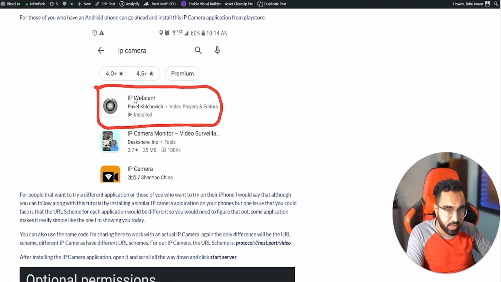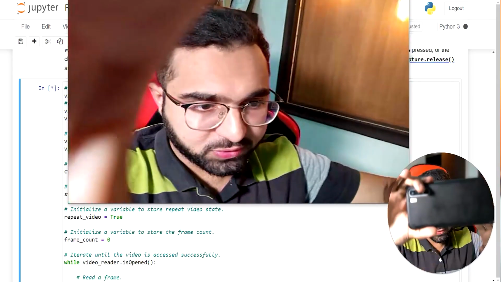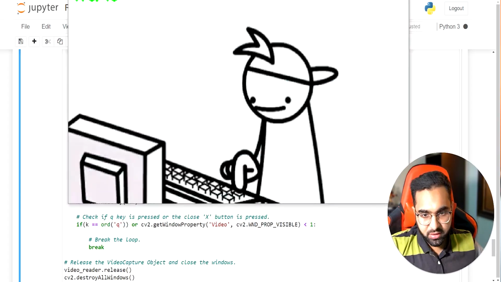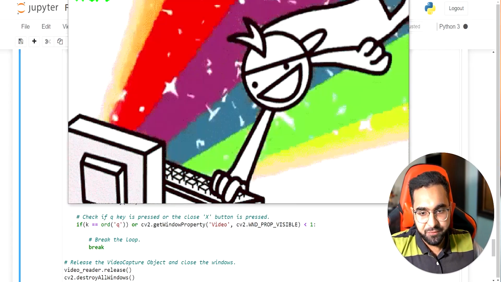But do you know that you can also read from an IP camera, or even install an IP camera application on your phone and read from your phone's camera live into your PC in OpenCV? Plus, you can also read from GIFs. So there's a bunch of things that you can do with that VideoCapture function in OpenCV. And I'm going to show you how to read from all those sources in this tutorial.